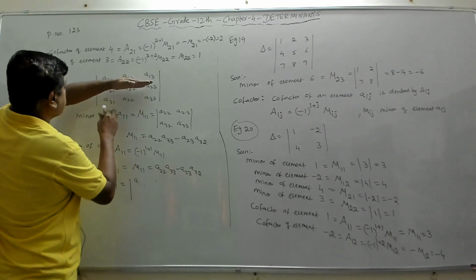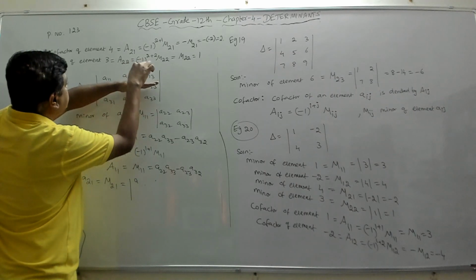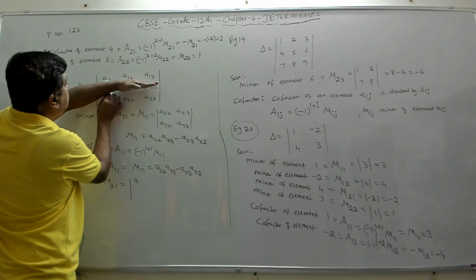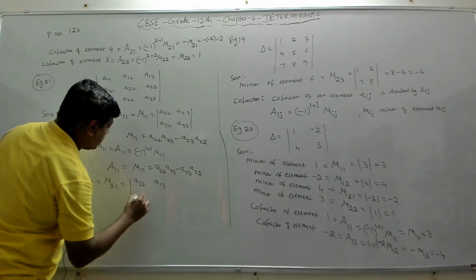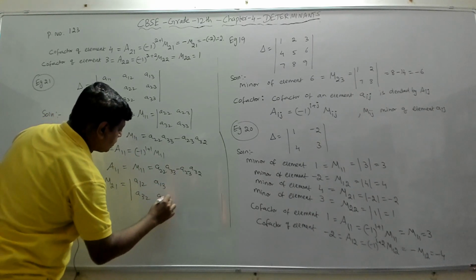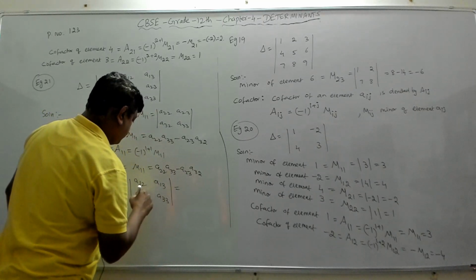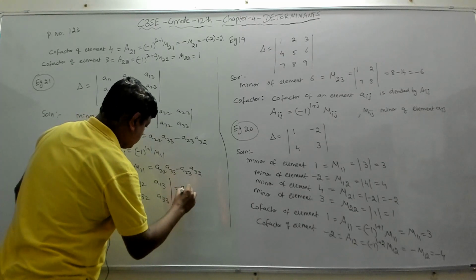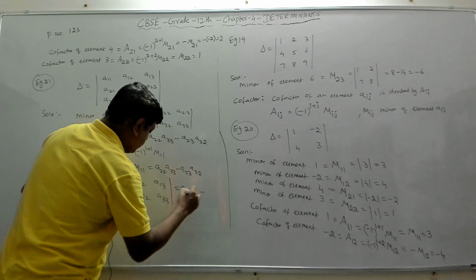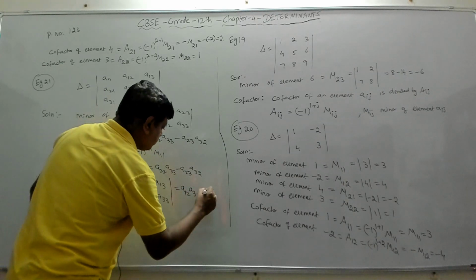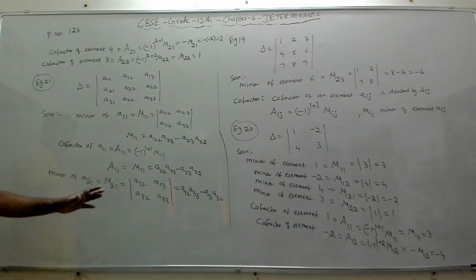I close this and this. A12, A13, you will have this. If I close these two, right? So A12, A13, A32, A33. So what is the value of this? That is equal to A11 into A33. So A12 into A33 minus A13 A32. So this is the minor of the element